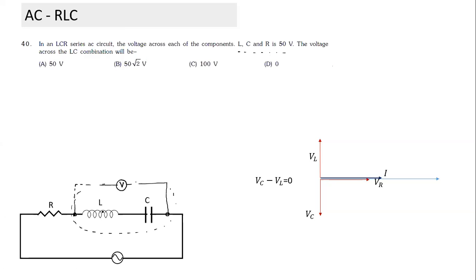And what is the RMS value of VL plus VC? So what does the voltmeter show? Voltmeter reading is the phasor sum of voltages. What is the phasor sum? Since it is connected across LC, it will show 0. So suppose I change the question a little bit. So this was the key point here, and we'll keep this point in mind. Whenever a voltmeter is connected across any 2 points, if there is more than one element between the 2 of them, we have to take the phasor sum. We have to take the phasor sum.